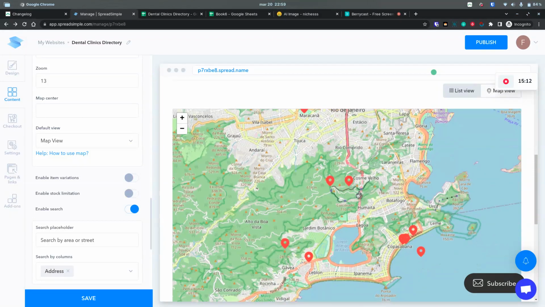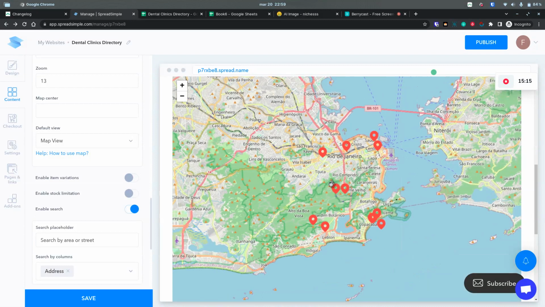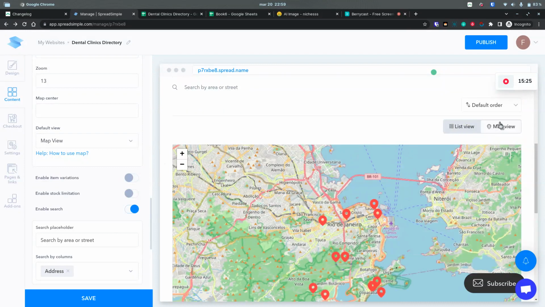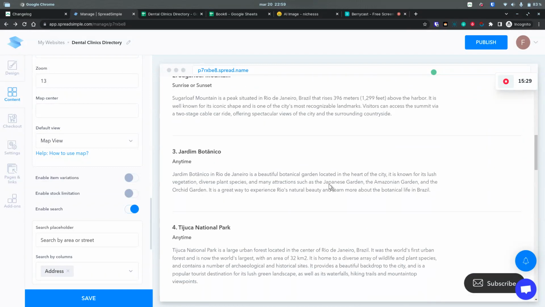So I should have like 12 points here. Cool. This makes sense. Christ Redeemer. This is another of the sightseeing, Copacabana, downtown. Cool. So let's move on. So I have the map view, I have this Sugar Loaf, and